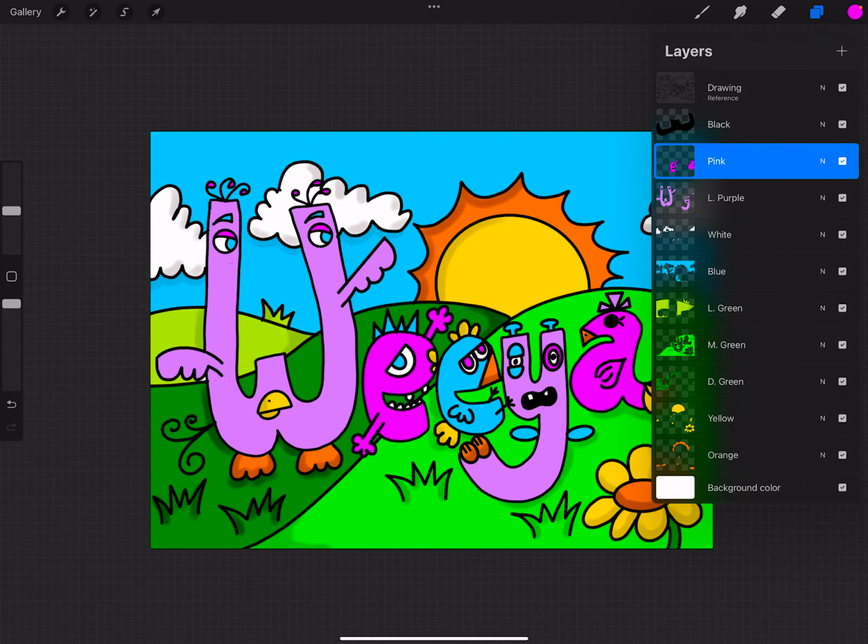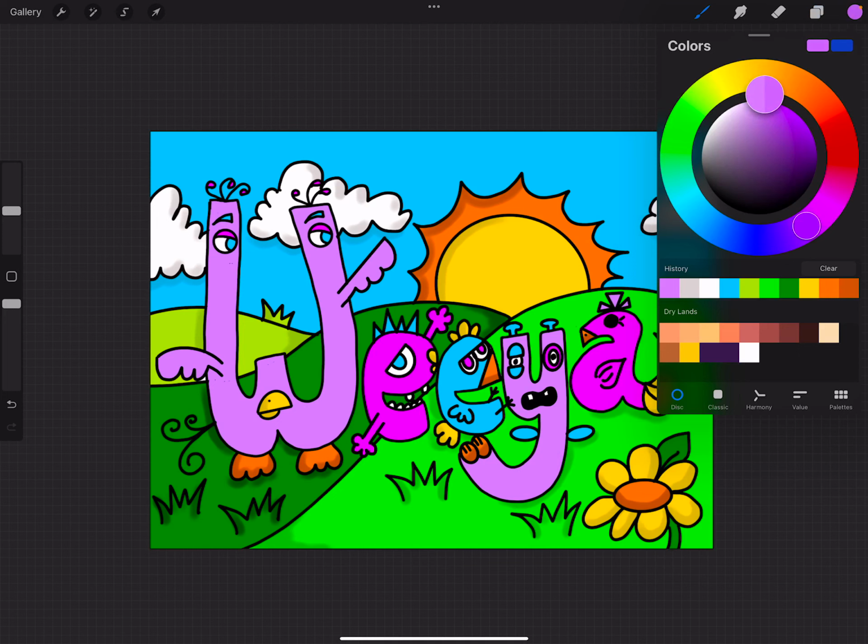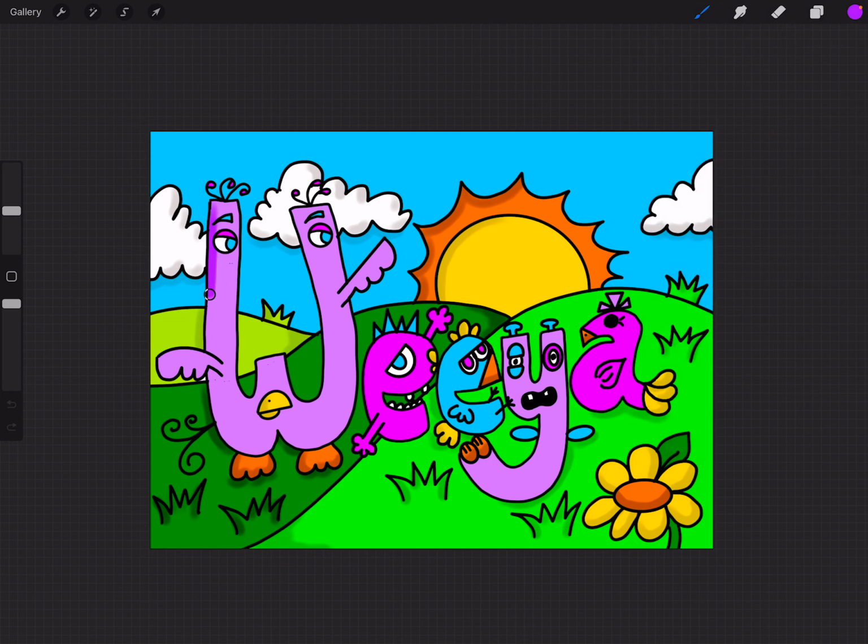Okay, so we left off with the white. So now we're going to go to the light purple. We're going to color pick, drag it down to where the color's a little bit darker. And then I'm going to go along the side here